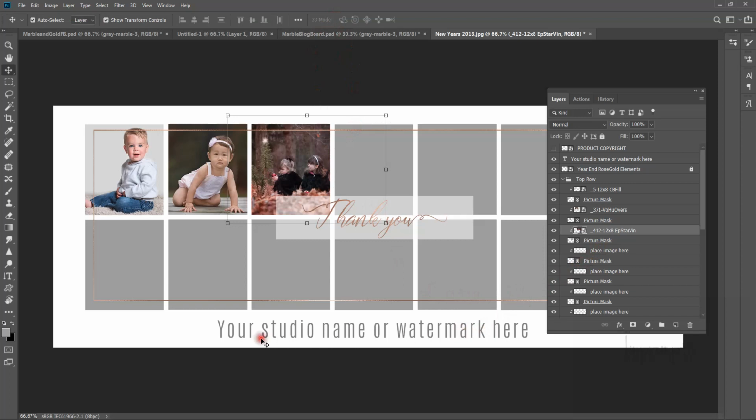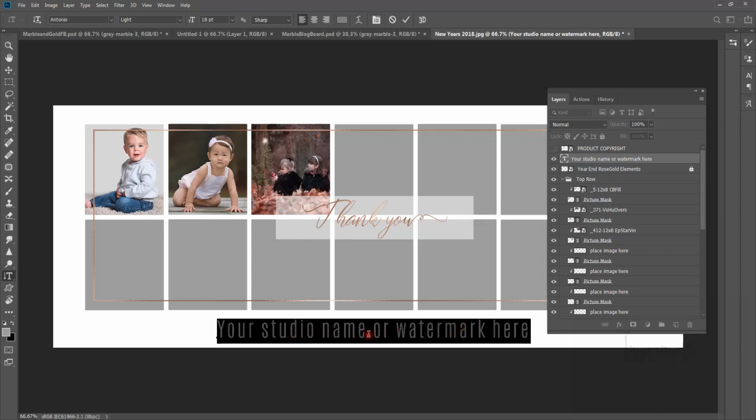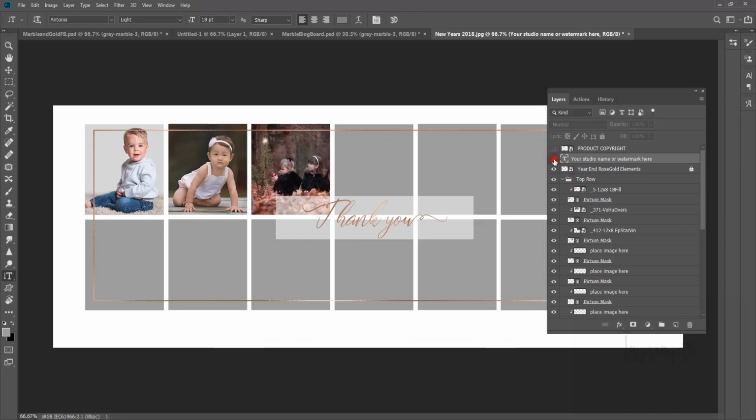Now, at the bottom of the template, you'll see your studio name or watermark here. That's on this layer right here. You can edit this to say anything you want to say. I typically have always used my watermark at the bottom, so I'm going to show you that method also. So you can go T for text, and you can come in here and edit this to anything you want it to say. Right now, I'm going to turn that off and show you what I typically do,